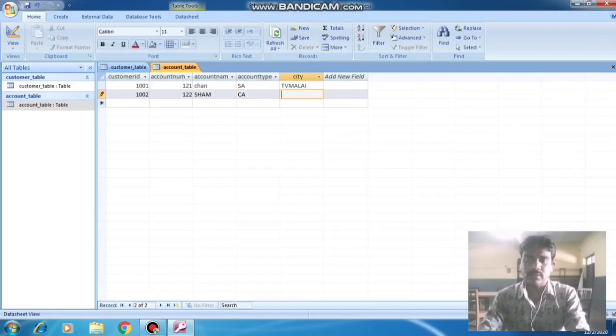I entered two rows in the account table.